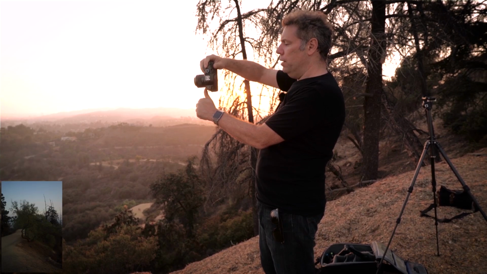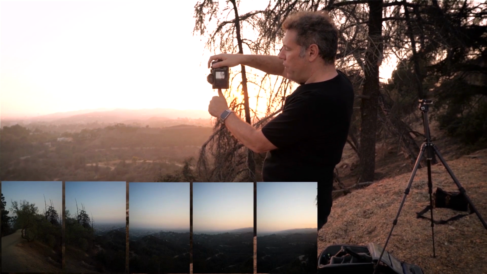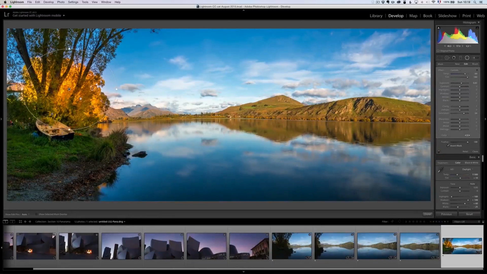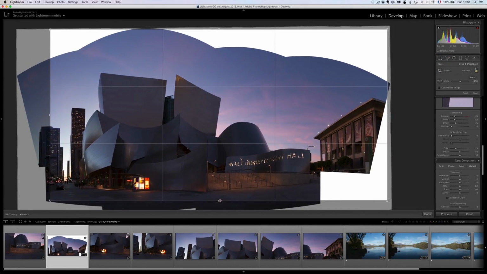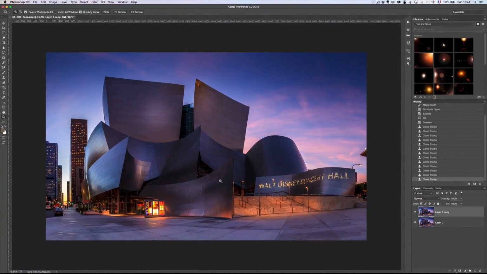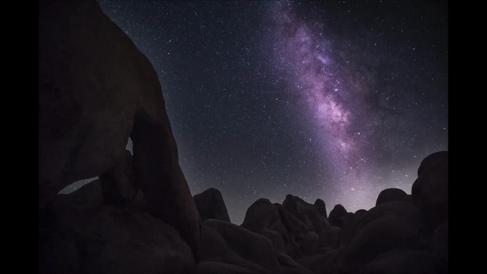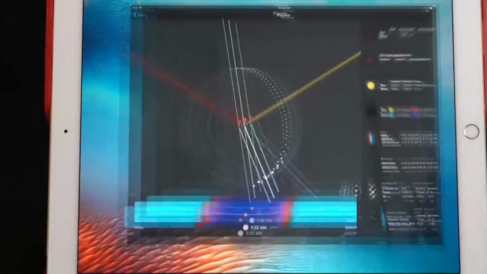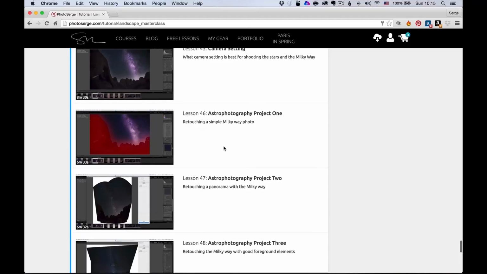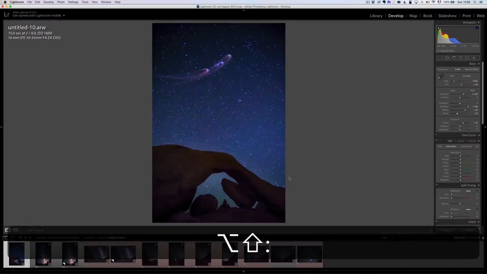How to properly shoot a panorama, how to hold your camera to make a great panorama. And then we're going to go into different types of retouching of panoramas, including some of my most favorite panoramas ever. Then I'm going to show you a whole workflow on how to do astrophotography, how and where to find the Milky Way exactly, how to do your camera settings, and then we're going to do different astrophotography projects together,